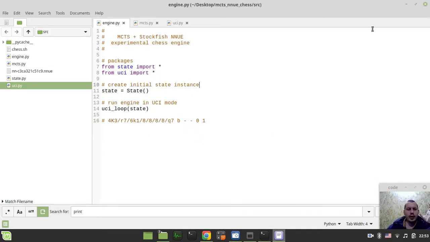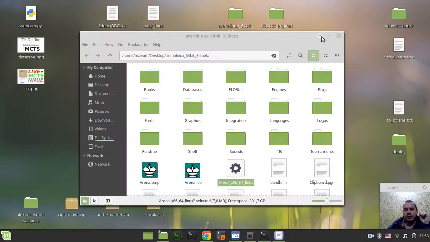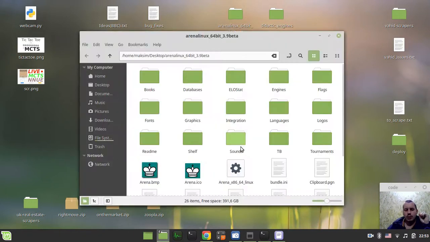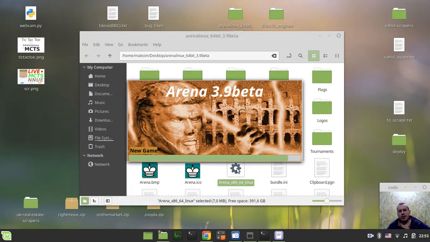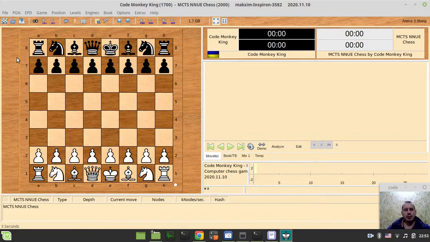Okay guys, so I hope this would be the final test now. I'll really try to see how the engine mates me with the black pieces. I hope to see that, and if that works, we'll then try to play a match with this NNUE Monte Carlo search NNUE chess versus the AO by Dietrich Kappe. So